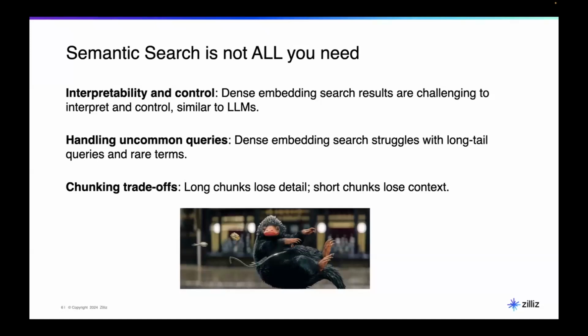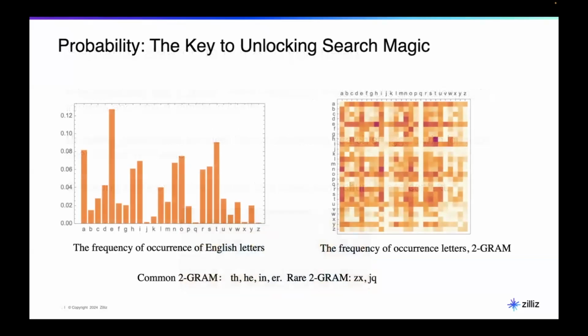We all know that chunking is not easy. The easiest way is just chunking by 4K, 8K, but there are a lot of trade-offs. With long chunks, you lose all the context, or you lose all the details. If you're using short chunks, like 512, then you lose some context, right? So it's always the hard part, how you chunk your data. Okay, so how do we think about a way to fix that?